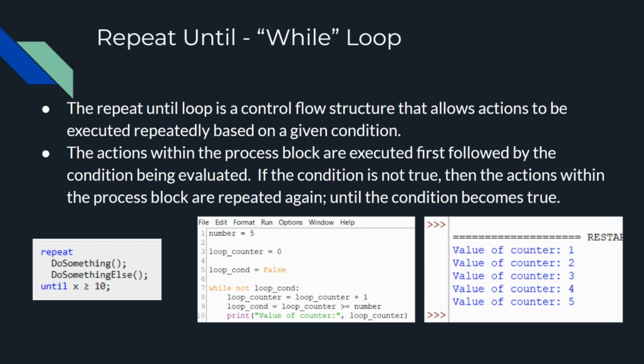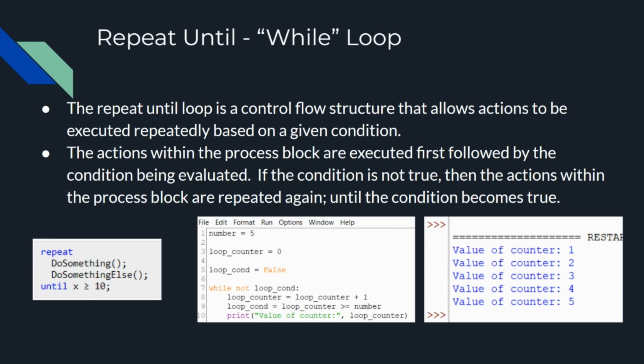Since the condition is evaluated at the end of each iteration, a repeat until loop will always be executed at least once. As an alternative to the repeat until block loop, the while do loop will evaluate a condition at the start of each iteration, thus providing a loop that can skip even the first iteration. Where a conditional expression is specified after the closing until keyword, and a list of statements can be provided between the repeat and until keywords. The condition expression for the repeat until loop must be of Boolean, true, false, or nullable Boolean type.